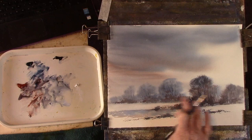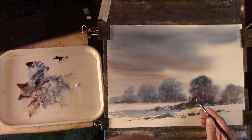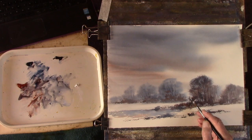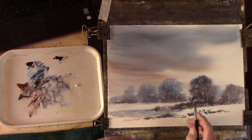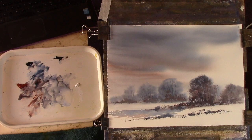No, nothing like that. Be careful not to overdo the gouache. Just this bush holding some snow. Right, okay, let's clean the brush. Put my new rigger. I think we can put a